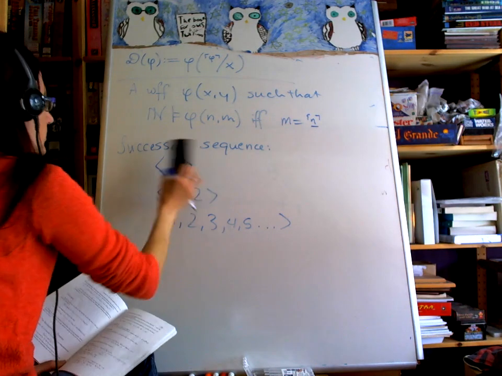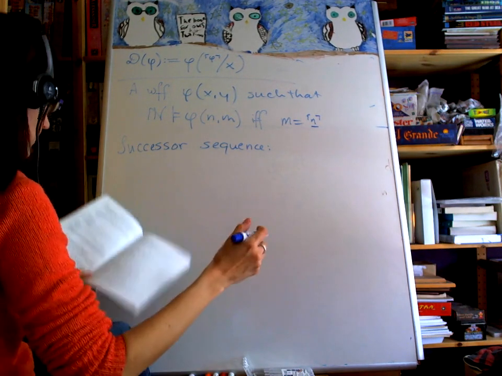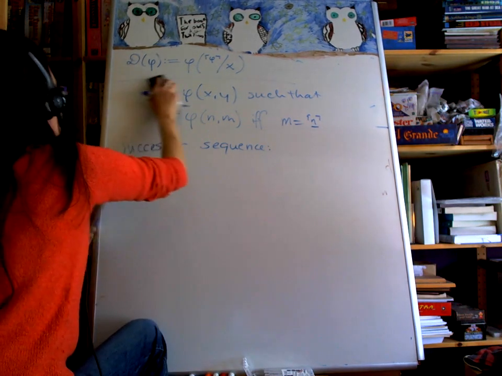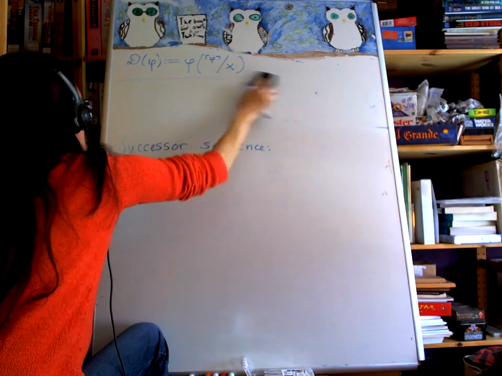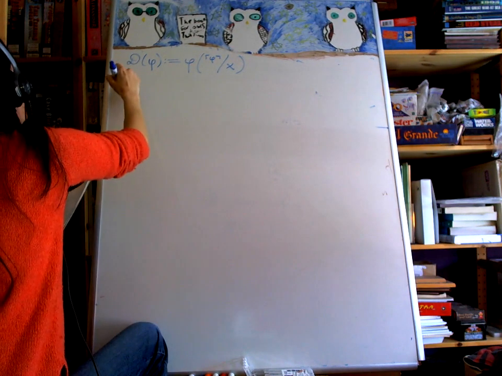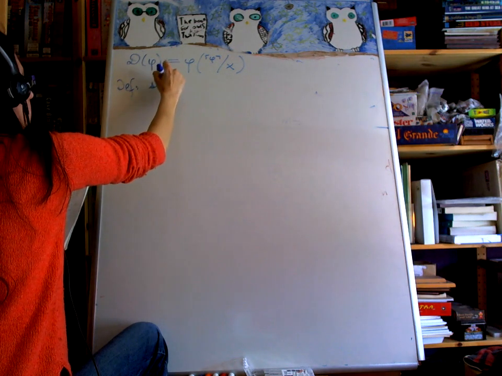So, you know what a successor sequence is. I'm going to erase that because board space is at a premium. We've got our next definition. I will write it up here right away so that we've got it underneath our definition of diagonalization. So, definition, we will have this property